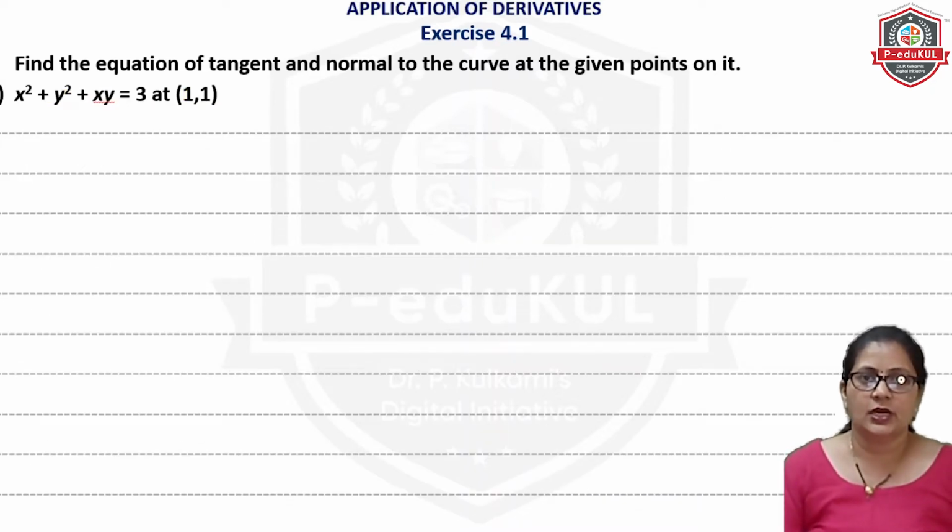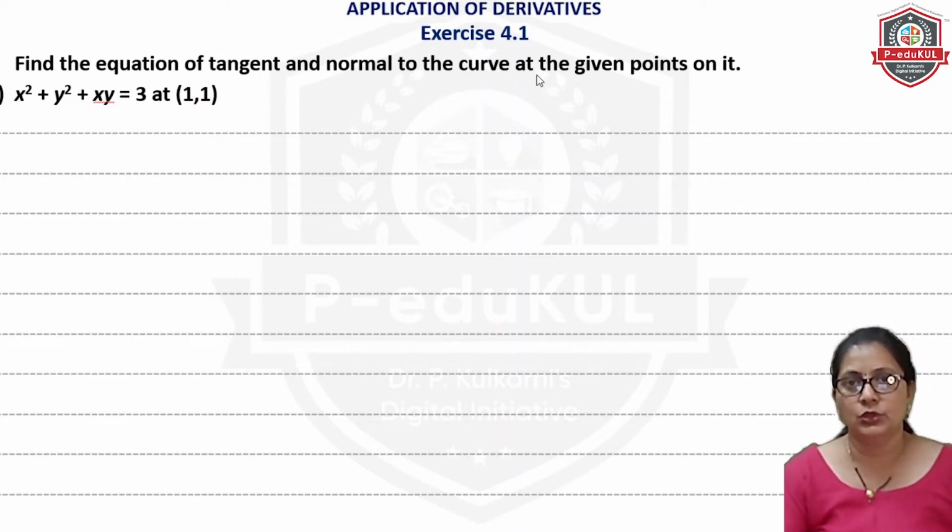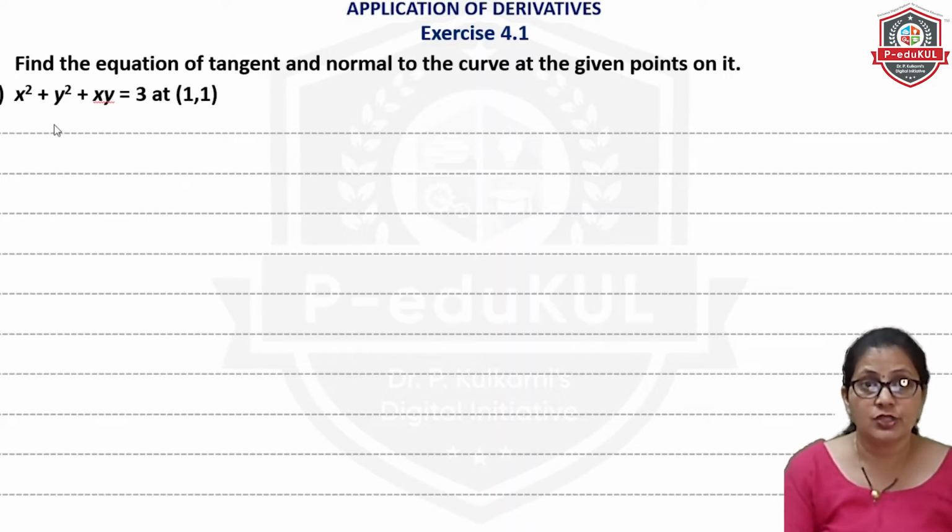Now the next is again the same. Find the equation of the tangent and normal to the curve at the given points on it. So this is the equation of curve. Are you getting it? Which we have to consider, which is intersecting at point 1 and 1. And then we have to find out the equation of tangent and equation of